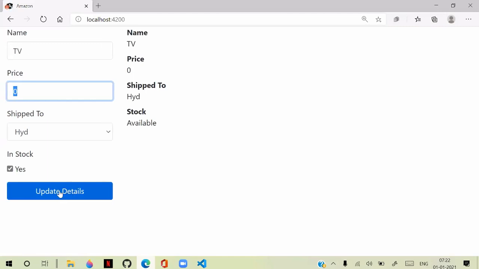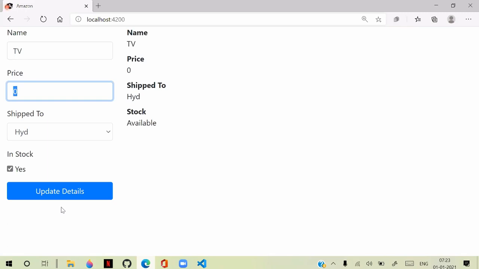That means now we need a function for this update button click. Generally, how can we define it? Technically the point is very simple here.